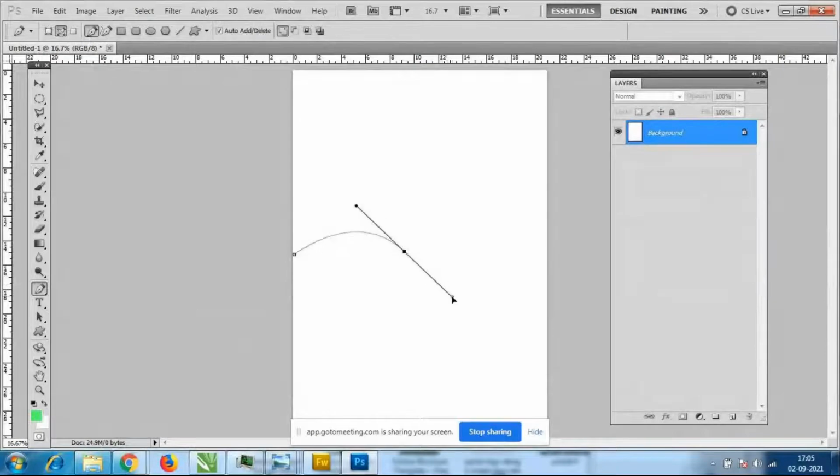First you have to keep one point here, and I'll keep one more point here. I'm not leaving the mouse. If you leave it, it will come as a straight line. You have to keep one point and make it like this.